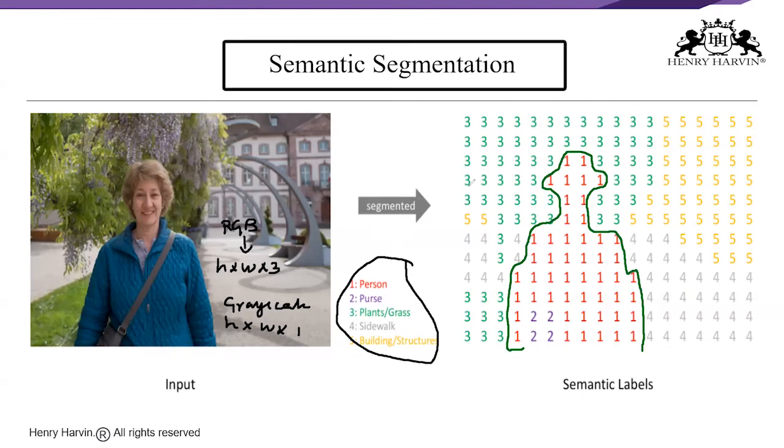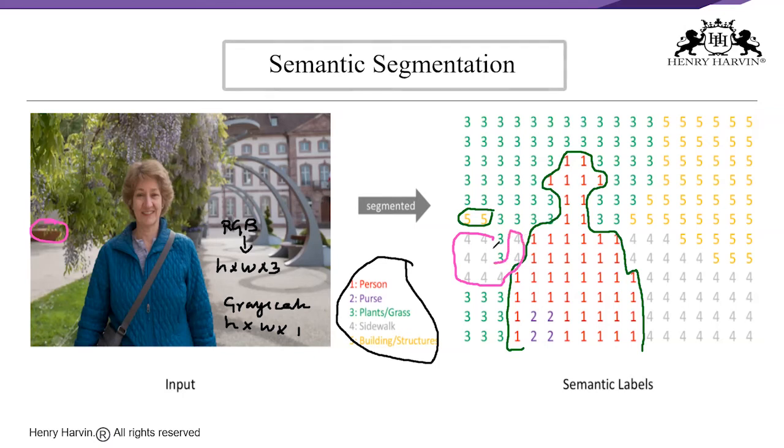Similarly, if you look into this, these are nothing but plants and trees. And in this place, you could see some 5 over here, right? What is that 5? Basically, you could see over here, and then you can see 4 over here. That is nothing but the sidewalk, right? And then you can see 5 in this region. That is nothing but the building. Hope it is very clear to you, right?